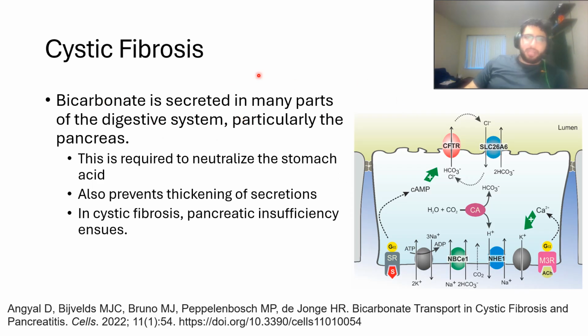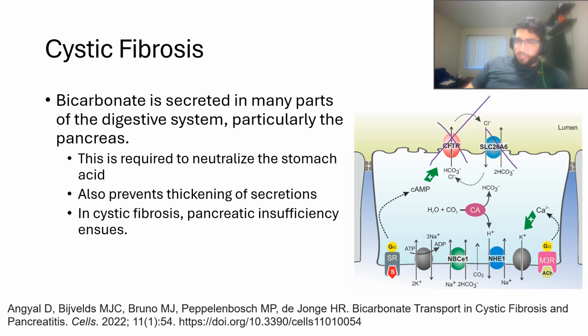And bicarb is made in a lot of parts of the digestive system, especially the pancreas. This is just a concept I want to introduce. I'm not going to beat a dead horse on cystic fibrosis. But this bicarb is required, one, to neutralize stomach acid, and it also prevents the thickening of secretions. So remember, water goes with the electrolytes, and bicarb is an electrolyte. So that nonstop pumping of bicarb and chloride, if this CFTR gene is knocked out,